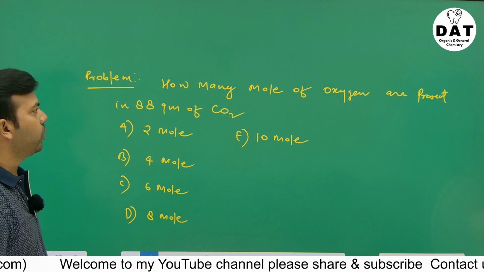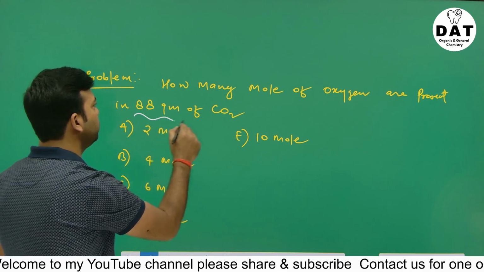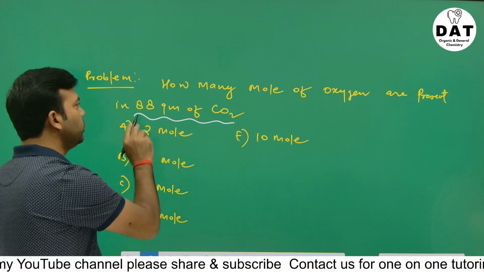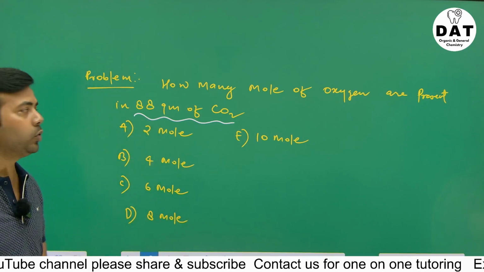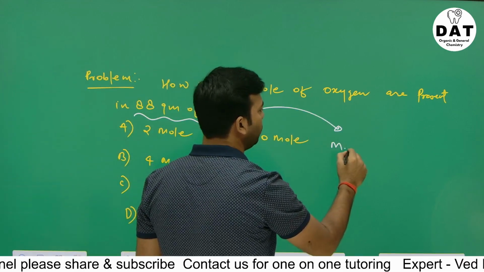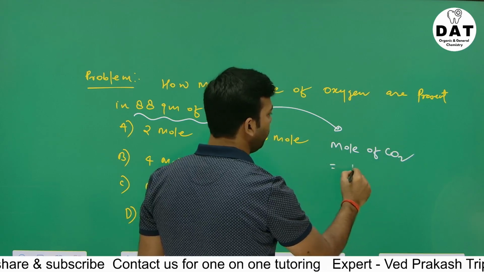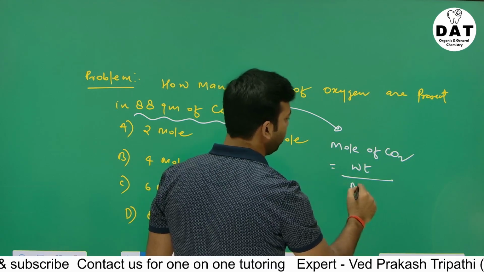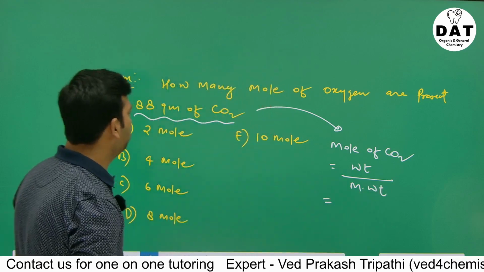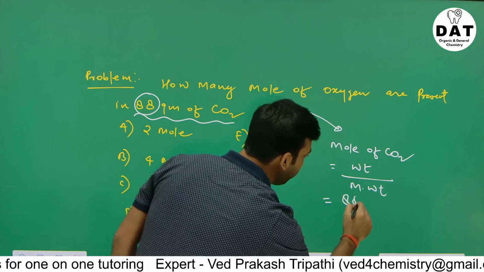How many moles of oxygen are present in 88 gram CO2? Quite simple. This is very, very simple. So look here. 88 gram of CO2 is given. So our first job is to find the moles of CO2. And what is the formula? Weight upon molecular weight. Weight is how much? 88 gram. So 88 divided by